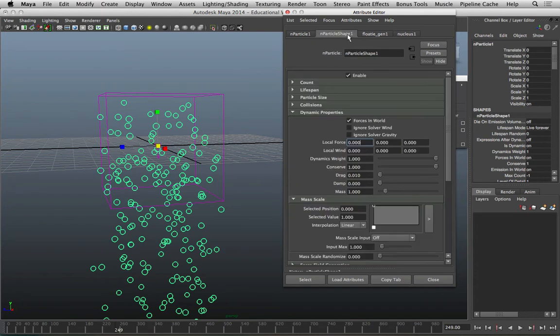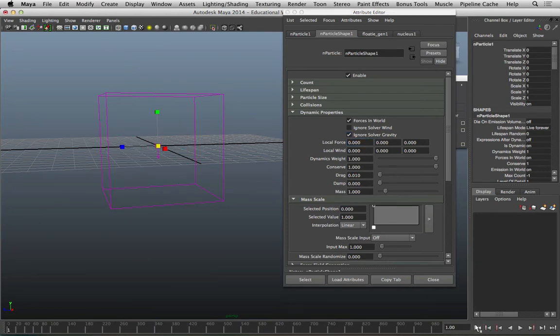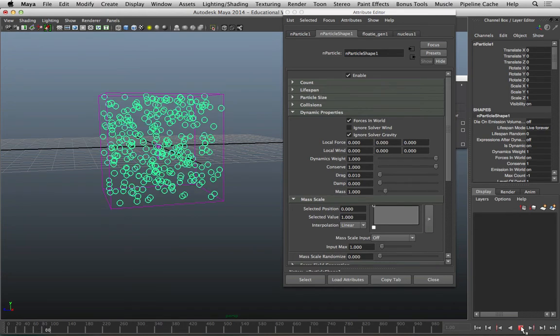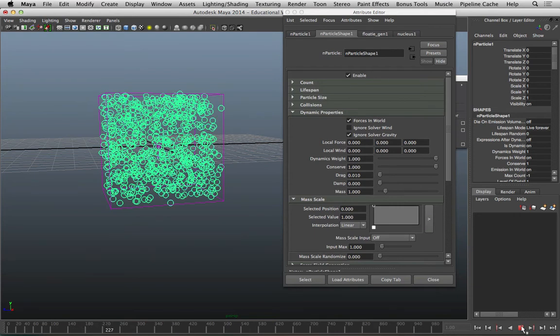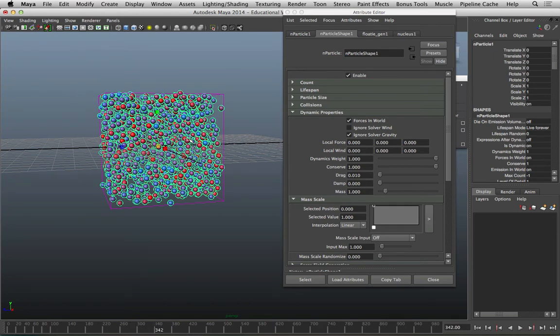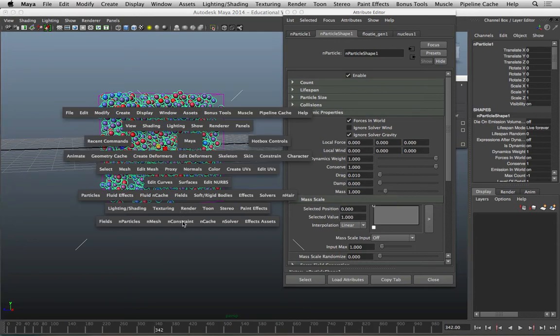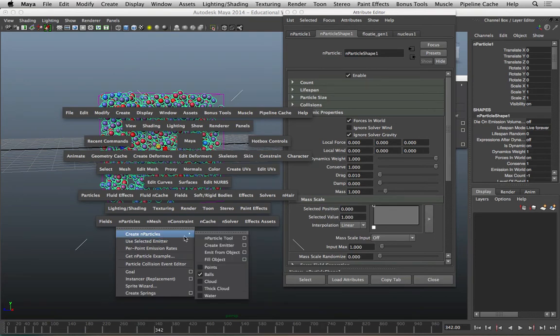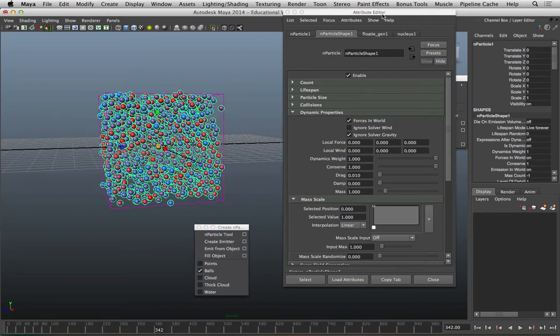So if we go back to the particle shape, which is, like I say, where we do most of our work, we're just going to turn on ignore solver gravity here. So I'll just go back to the beginning, play the animation, and now you can see they're not falling. And they're just filling up this space. Now I can't remember what kind of particles I created. If I just look in my menus here again under particles, create particles, you can see that, let's tear this, oh I think I already have it turned